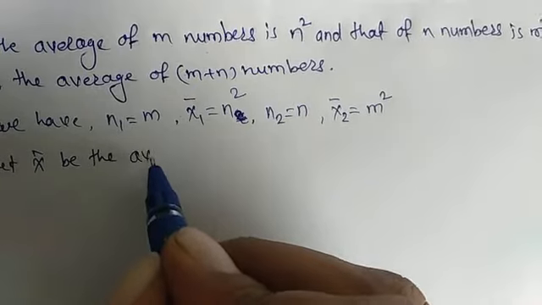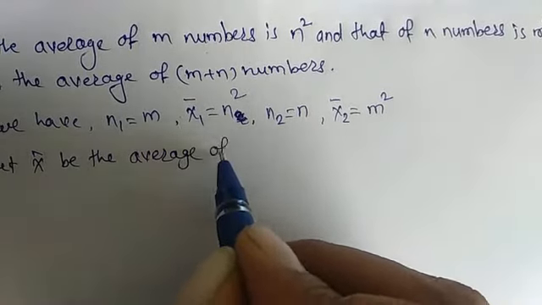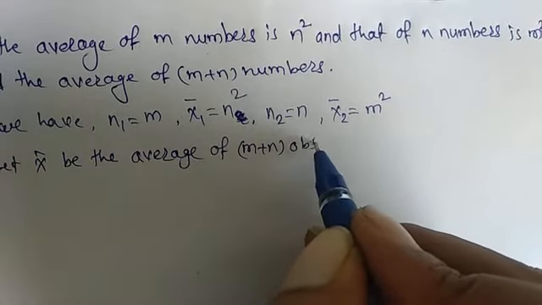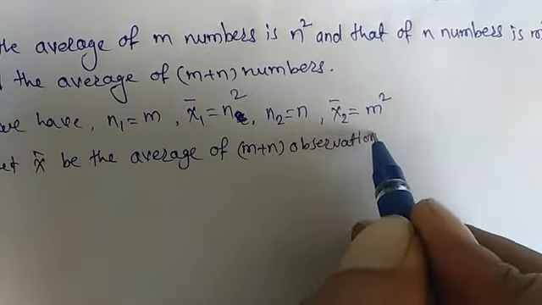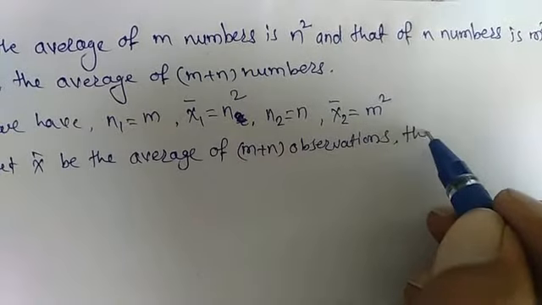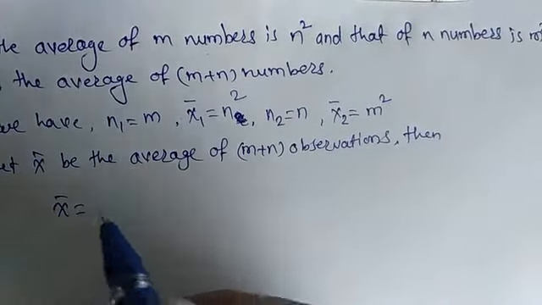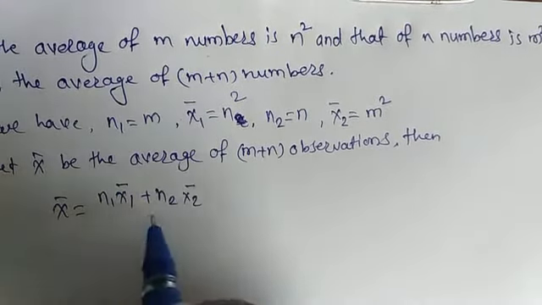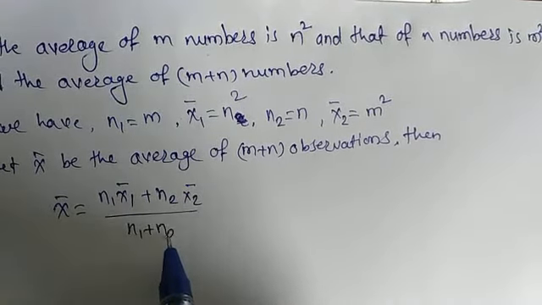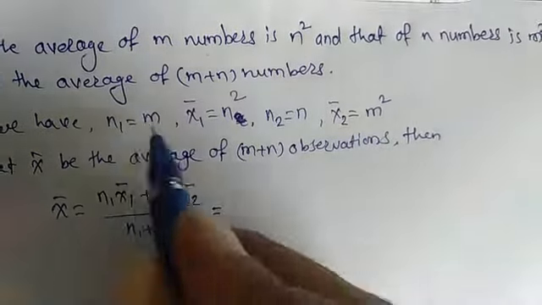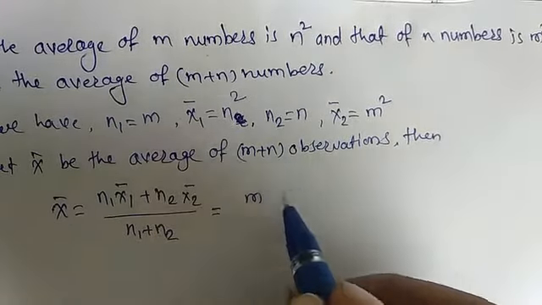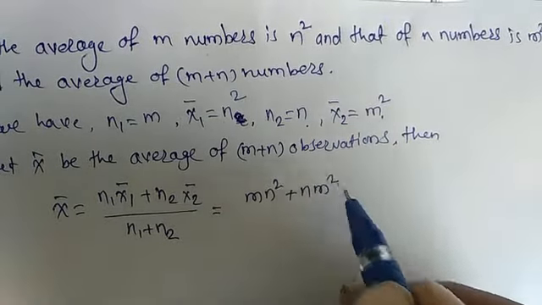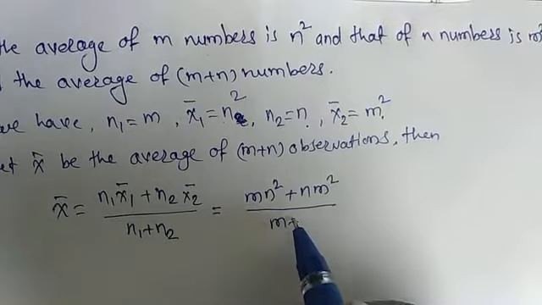and let x bar be the average of m plus n observations. Then x bar is equal to, formula is n1 x1 bar plus n2 x2 bar divided by n1 plus n2, which gives us n1 is m into n square plus n into m square divided by m plus n,